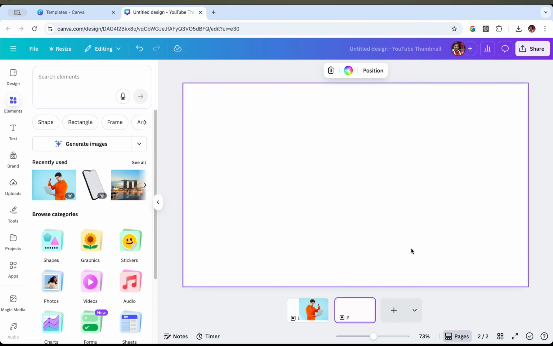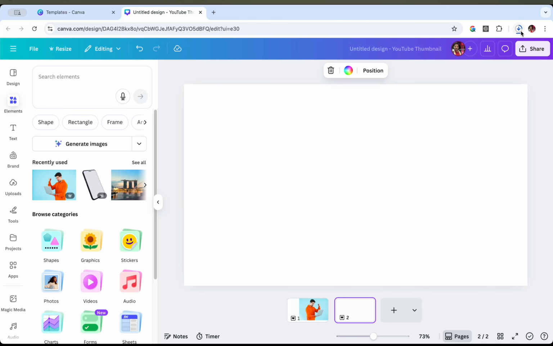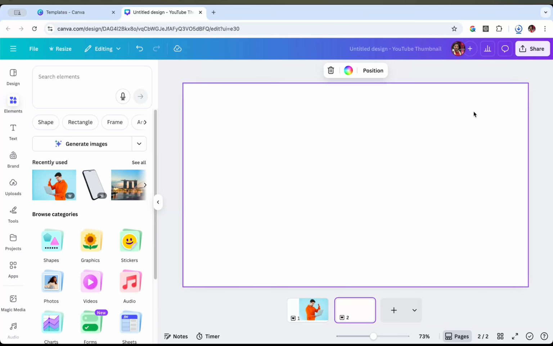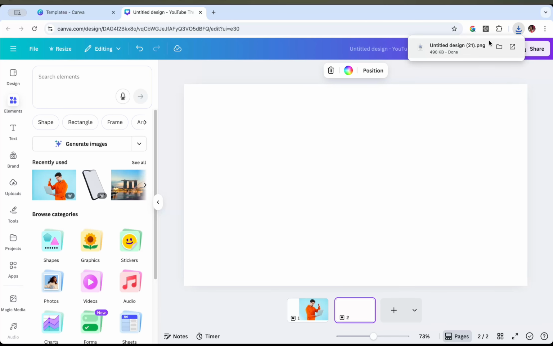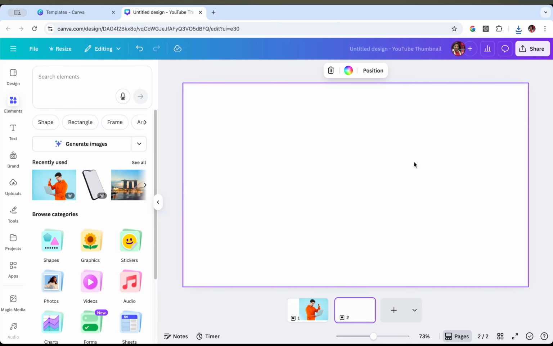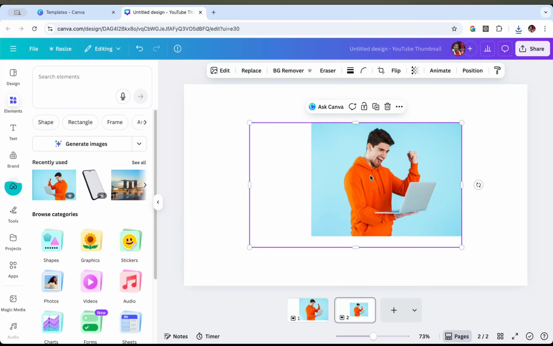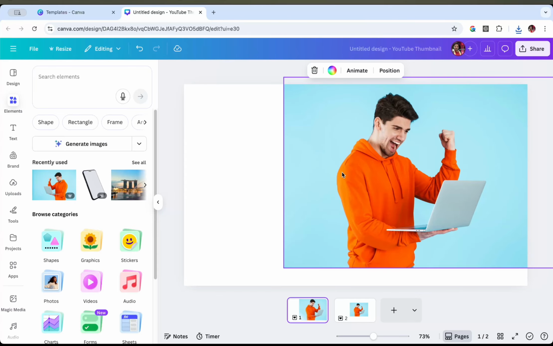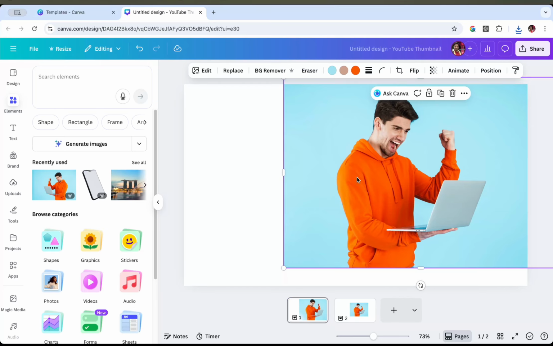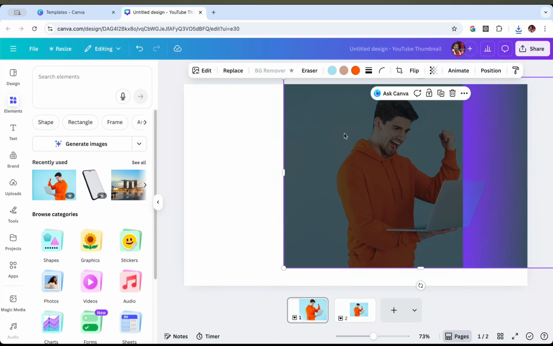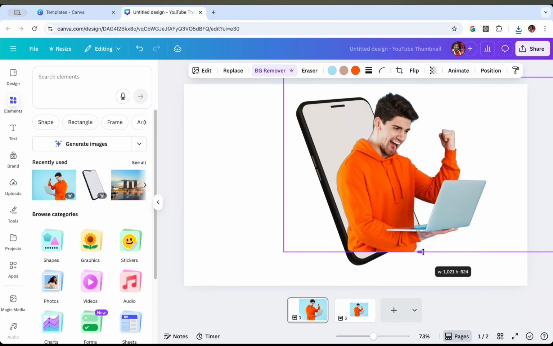Open another page. Upload the image and go to first page. Remove the background, crop the image,